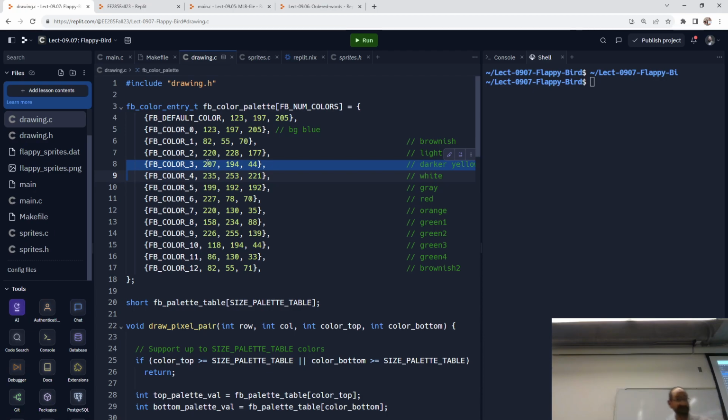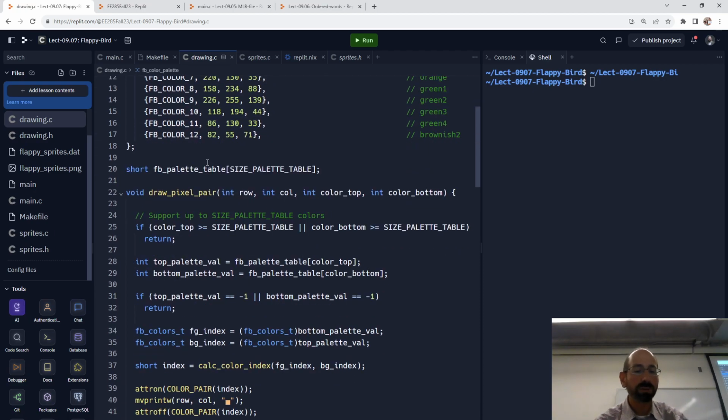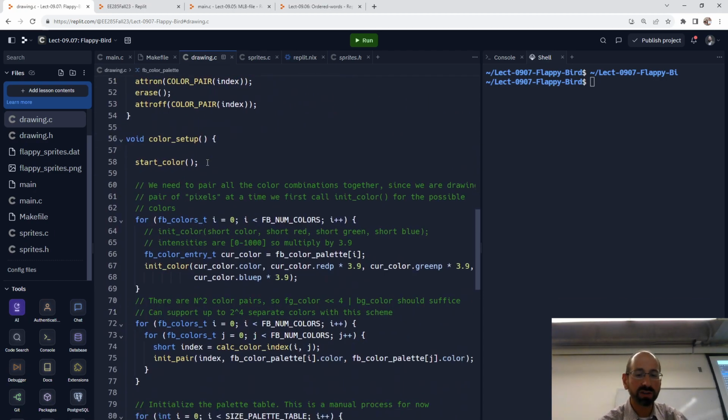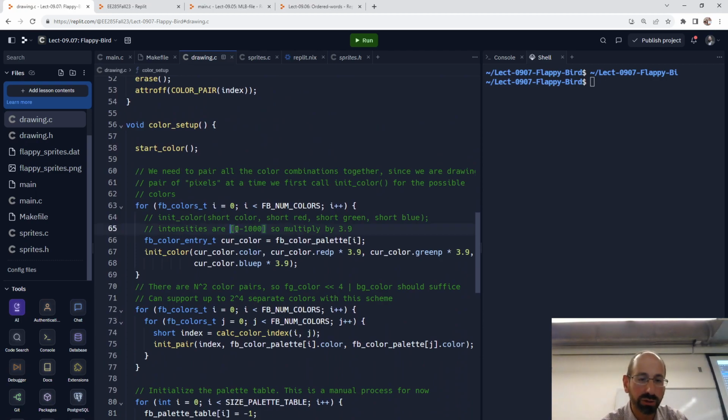If you do something like that yourself, one thing you do have to briefly recognize is that curses colors are actually in the range 0 to 1,000. So multiply by 1,000 over 255 if you want to get those red, green, and blue components to actually look good in your curses window. But that's effectively what a lot of this extra code is doing, and it actually wound up being kind of complicated. Because the other complexity, and you will see this when you try to do anything graphical in curses, is